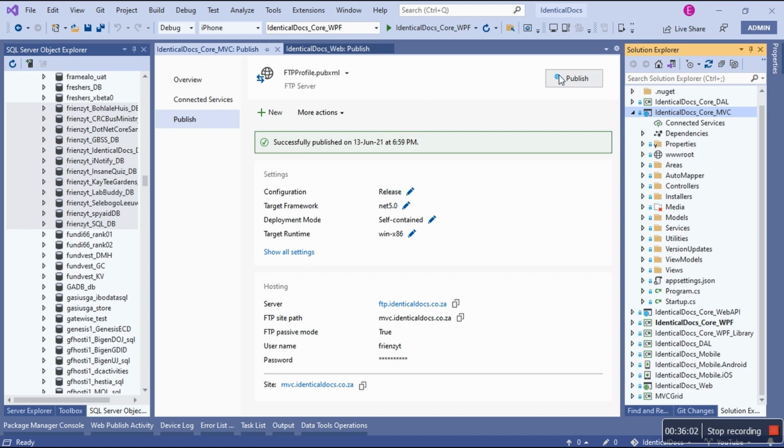Another thing is the method. You see it says FTP server, and there's a reason why. Okay, overview.